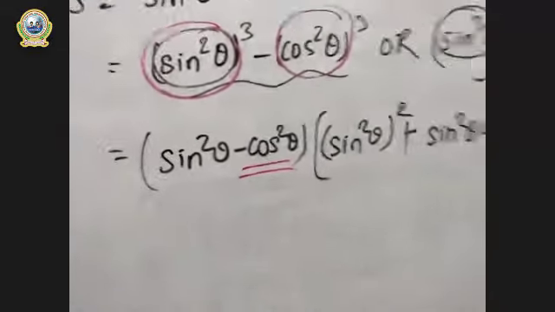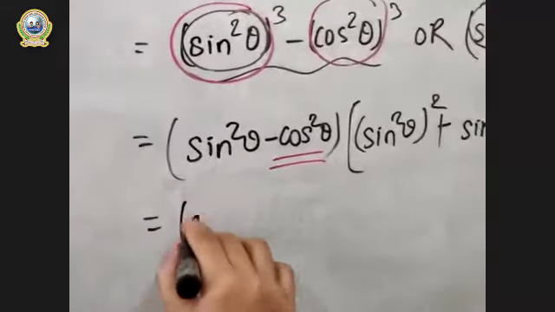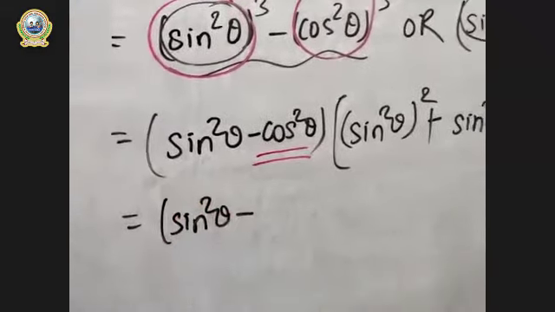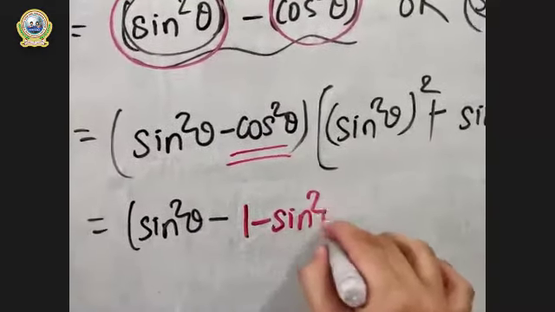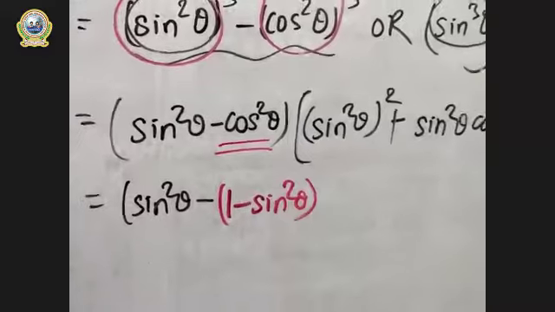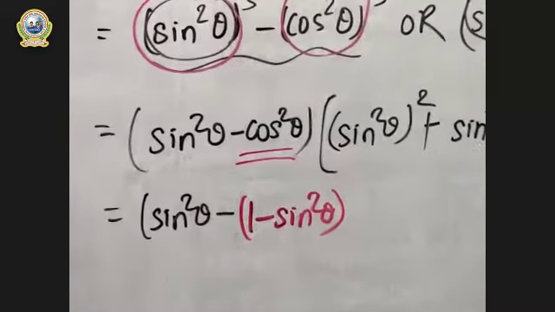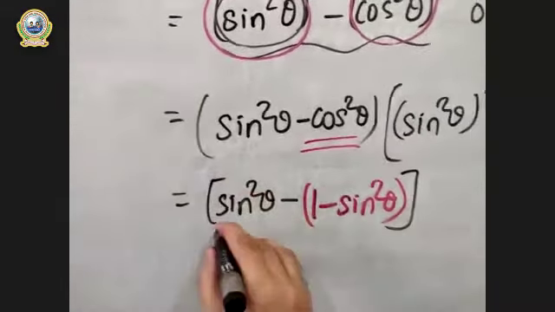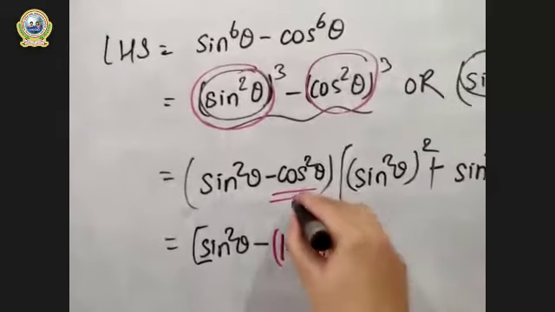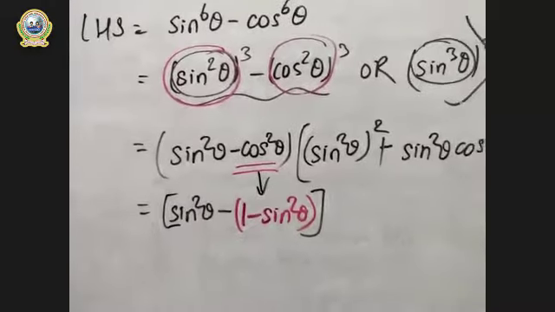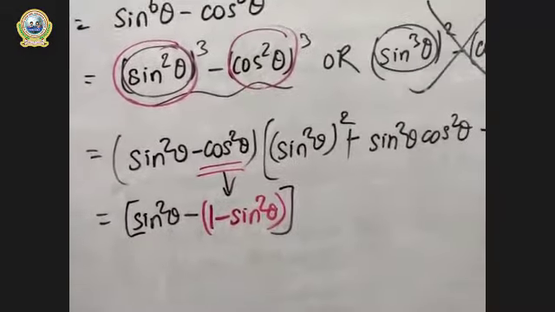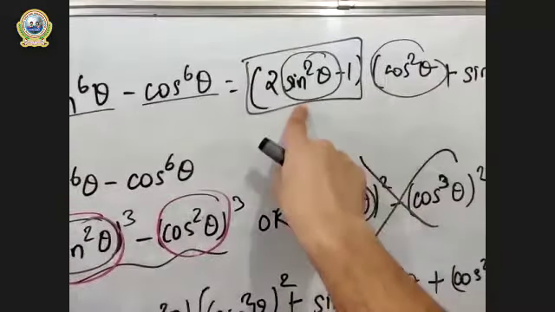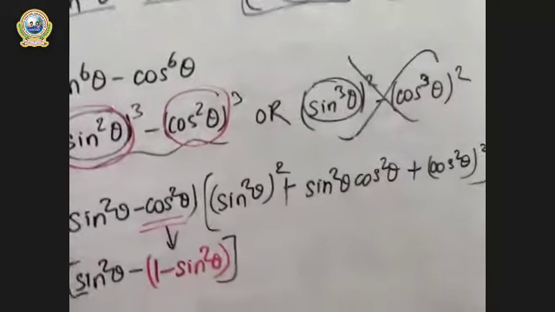So now it will be further sine square theta as it is, and you know the formula of cos square theta, right? It will be 1 minus sine square theta, but you have to keep the bracket over here. Is this clear? Now close the big bracket. Did you get what I did just a second before? This one is our step, right? The sine square theta is as it is, and the cos square theta has been converted into sine because our right hand side has only sine over here. Is this clear?